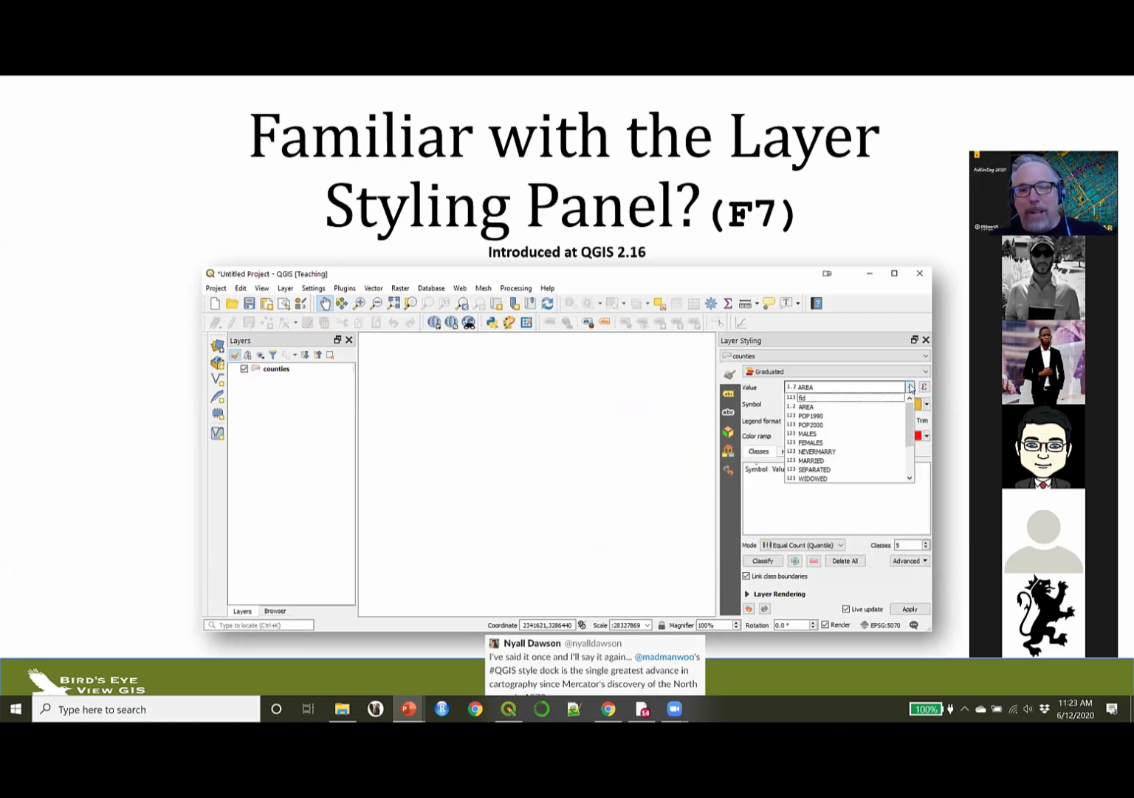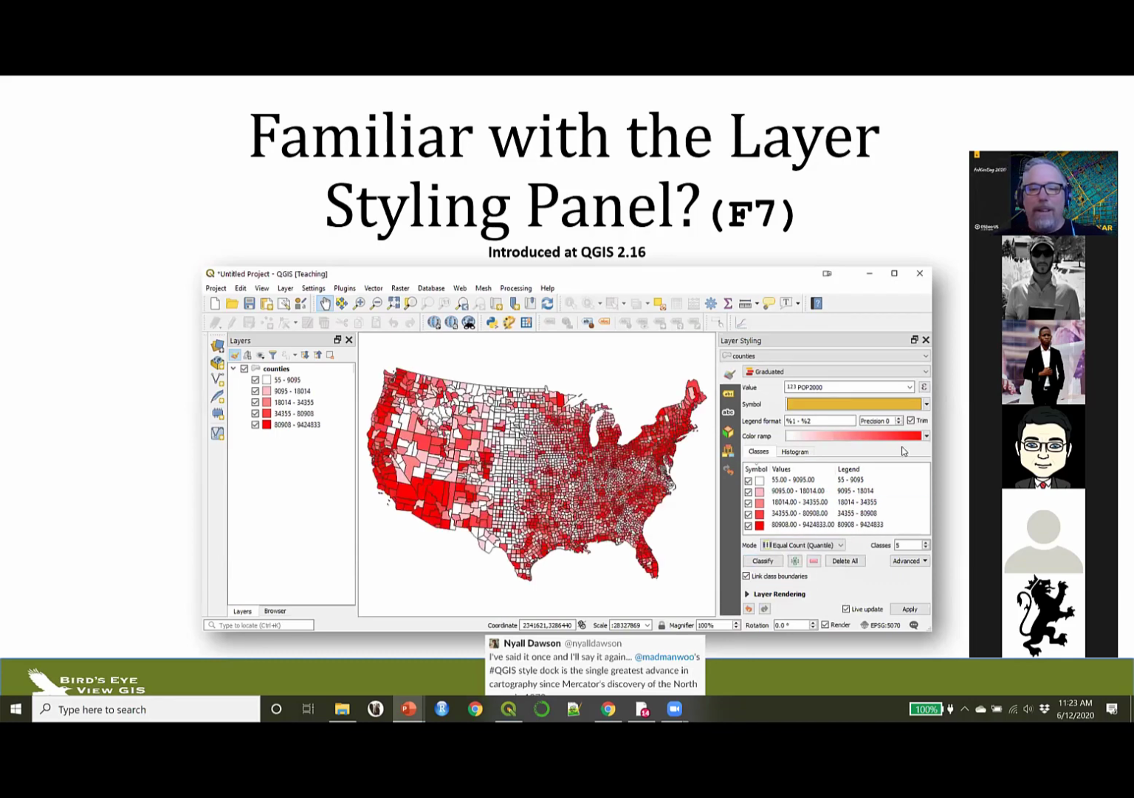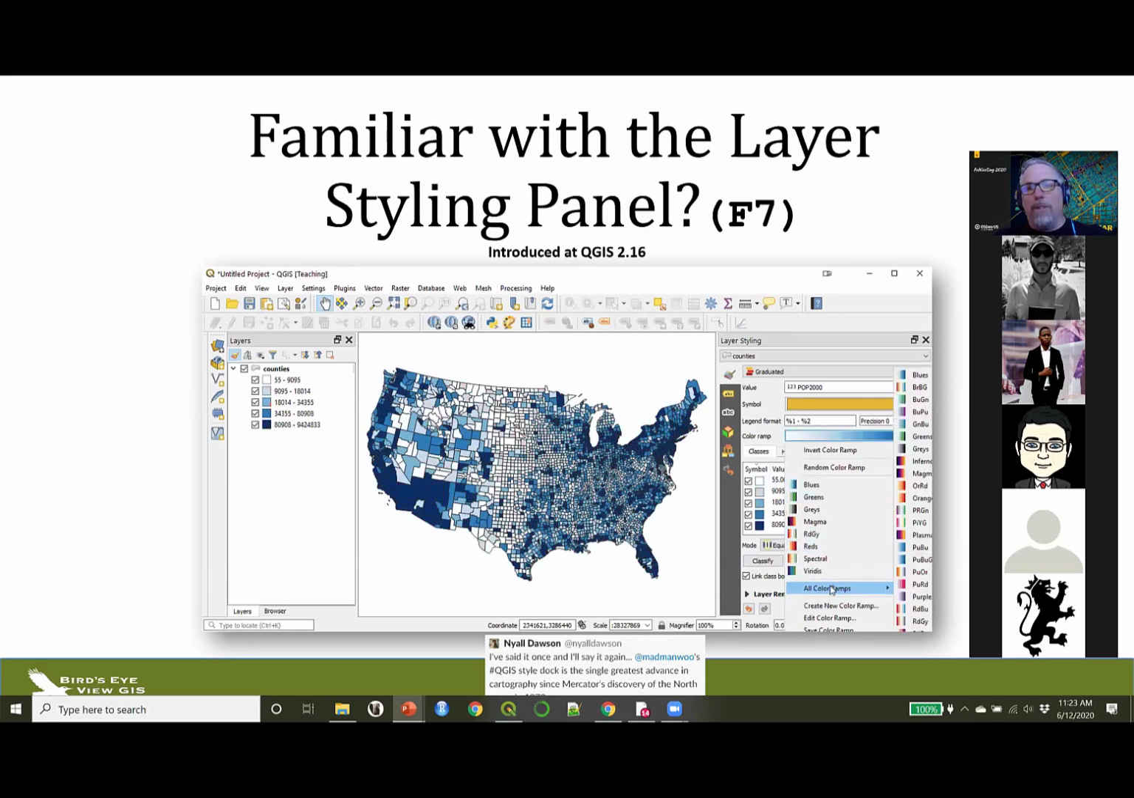Nyall Dawson had this great tweet when it first came out. He said, "I've said it once and I'll say it again. Nyall Dawson's QGIS style dock is the single greatest advance in cartography since Mercator's discovery of the North Arrow in 1972." So indeed, this is an addictive tool, and you can use F7 to open it up,